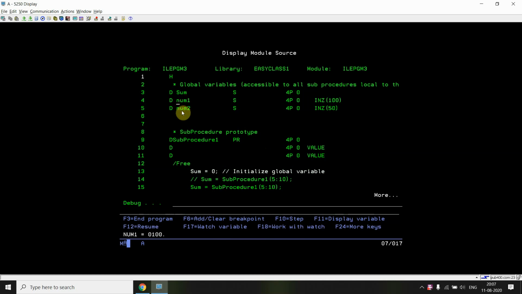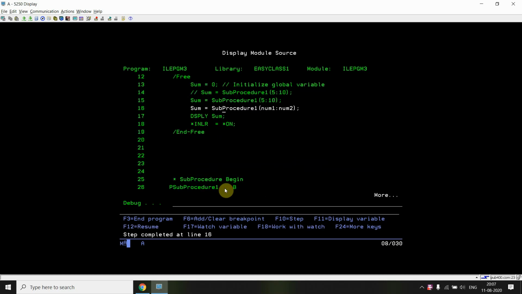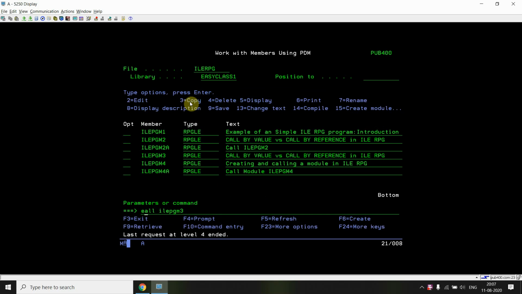You can see that num1 and num2 are 150, which are global variables. Now you are passing that sum also, so it was not compiled correctly or not written correctly. Leave that. Now you just come here, or you can just go back. We can ignore this, it was not written correctly.